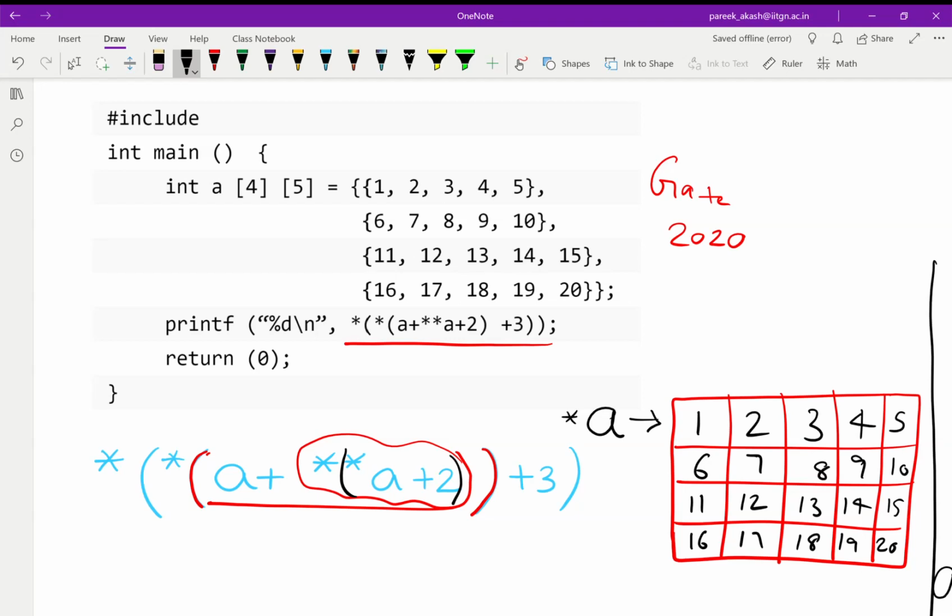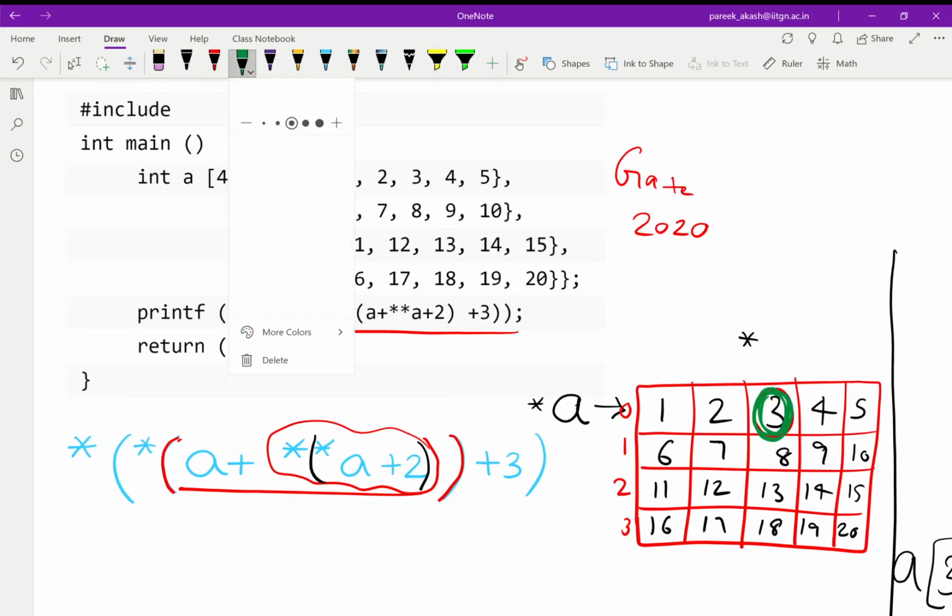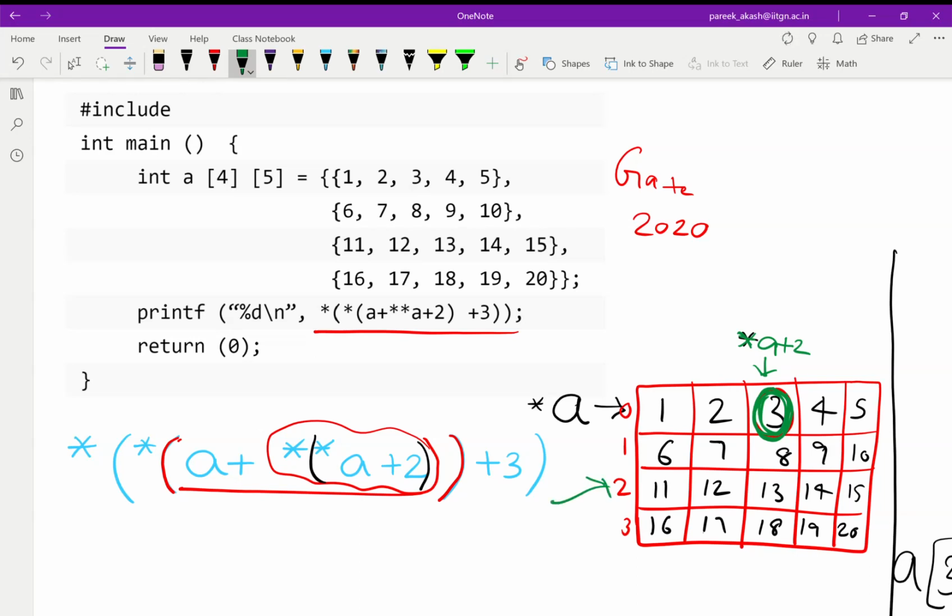If star of A is this, then star of A plus 2 will go to this location, and not this location, because we know this location is A plus 2 as we have already seen. And now if we do star of this, it will give us the value which is 3. So this whole expression will evaluate to 3.